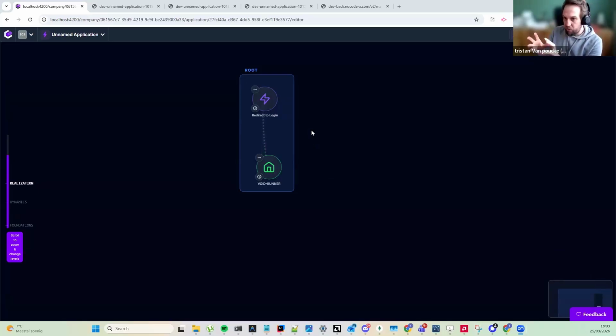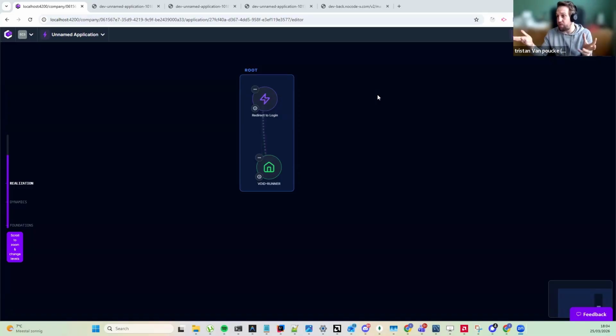When I have this form and I have this button on this form and I execute an action when this button is clicked, you will also see a line from this page to the action. And for example, if I write something to the database as a result of this form, which I will show you in the next campfire, you will have a line from the action to the database node. And then you will see if this is a write, a delete, an update. So you will actually see the entire flow of your application. The same goes for